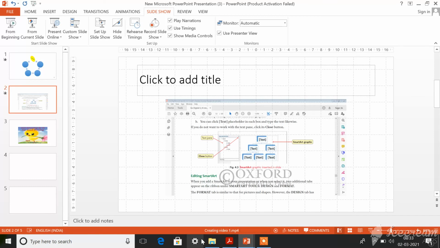Now you can see there is an option at the bottom. Here you can see creating video, and here your video has been created. So this is how your video will be created. You should wait until this ends. This white mark should end. Only then your complete video will be created. I have given desktop for saving it, isn't it? So wherever you have saved it, there your video will be available after completing. By doing this you can create a video using a presentation.